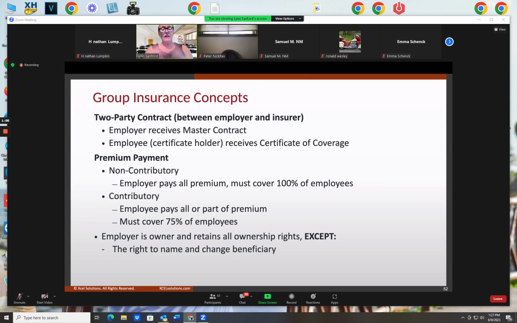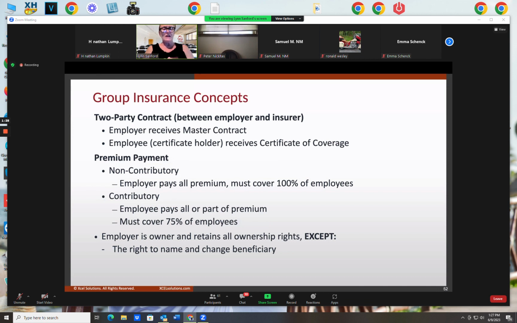Now, they might choose to pay all of the premium themselves. That means it's a non-contributory plan. It means you, the employee, do not contribute toward the premium payment in any way. The employer is paying it all for you. Therefore, it is known as a non-contributory plan. If you, the employee, are paying any portion of the premium, then that portion is taken out of your payroll check by the employer. The employer still cuts one check, pays it to the insurance company for the premium on the group life plan.